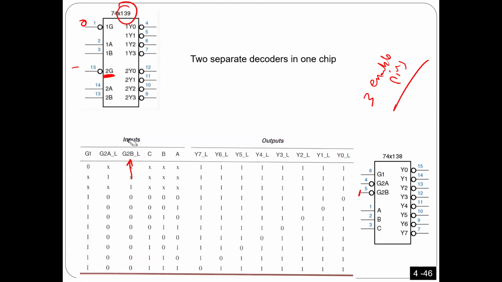Now, this is when it is enabled. To enable it, you have to put 1, 0, 0. So I have to put 1 here, and you have to put 0, 0. Now it's going to work as a 3 to 8 decoder. You can see here,